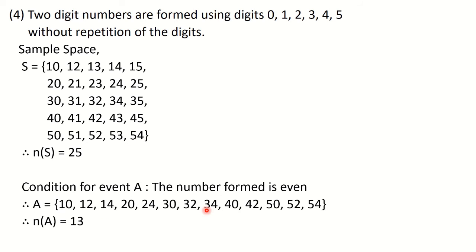Okay, so write down all the numbers. If you count them, they will be 13. So A is the event here containing all these sample points. And N of A is 13. Number of sample points here are 13. Please copy it down.